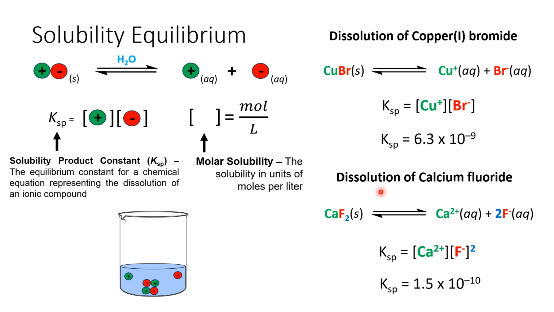Here's another example where you have the dissolution of calcium fluoride. Calcium fluoride is CaF2. And when you show the dissolution of this, you're going to have 1 calcium 2 plus ion, and 2 F minus ions. Why is there 2 over here? Because there was 2 of these on the left. Calcium is a group 2 metal, has a positive 2 charge. Fluorine is a group 7, so fluoride gets a negative 1 charge. And there's going to be a coefficient of 2 in front of it because there was a subscript of 2